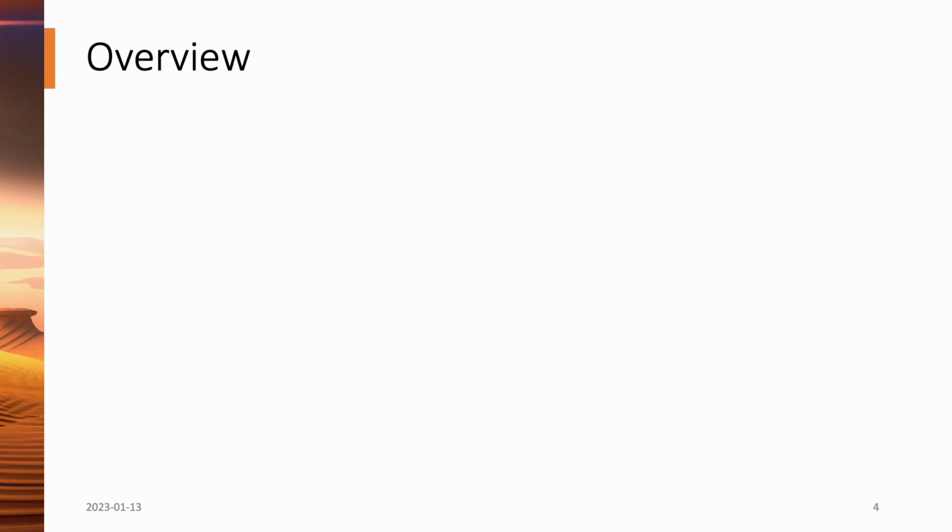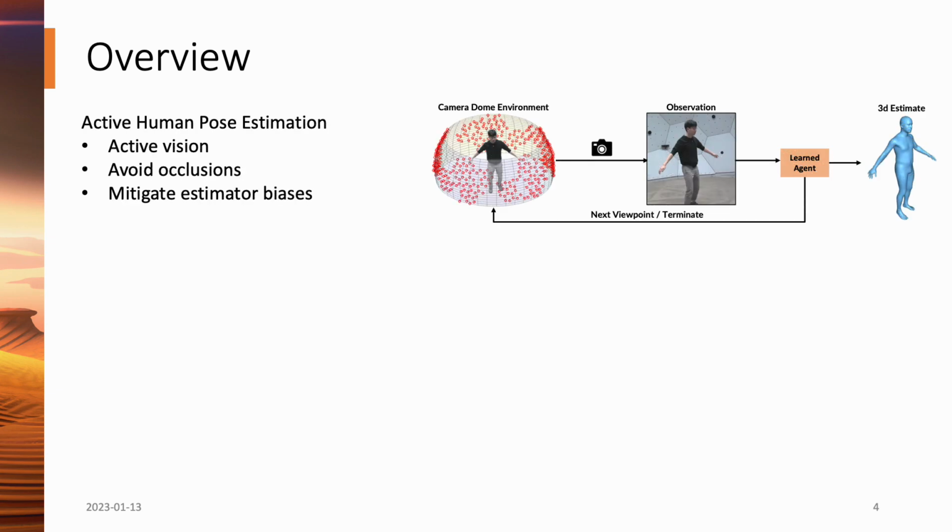My thesis studies how to improve visual perception, with an emphasis on 3D human pose estimation, in three distinct ways. Firstly, in active human pose estimation, an intelligent agent is given a pre-trained pose network and should move intelligently to reconstruct the subject in a scene. The task is essentially how to learn to avoid occluded views and to mitigate camera viewpoint biases in the underlying